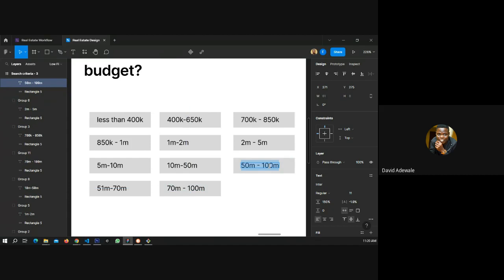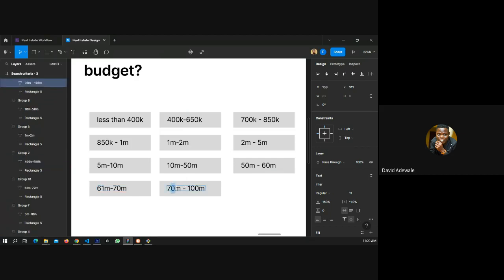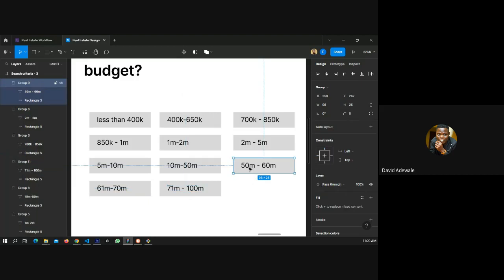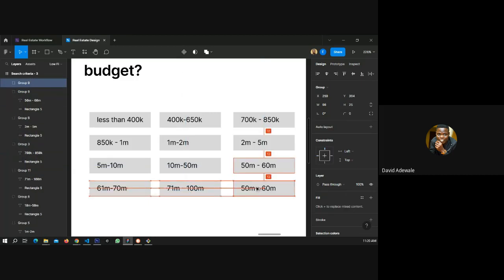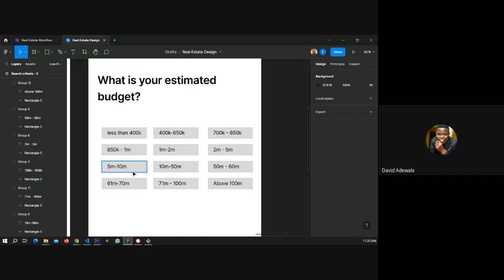Okay, let me say this one to 69. So 60 to 70, 61 to 70. 71 to 100. And this one will now be above 100. Yeah. This is where we stop now.